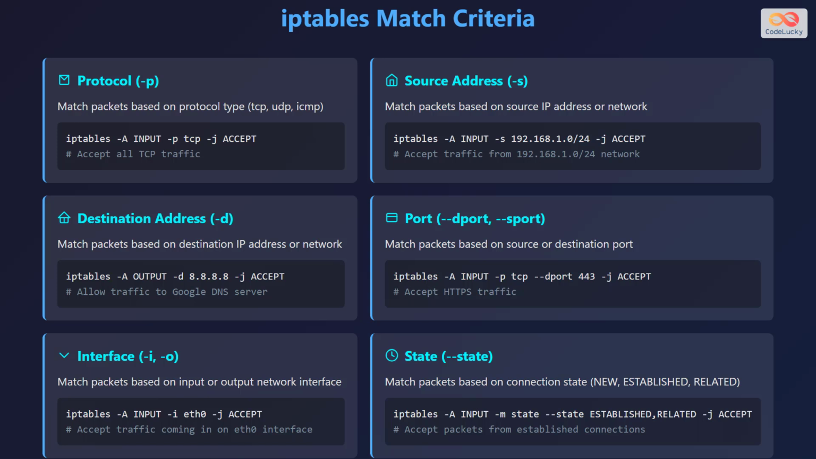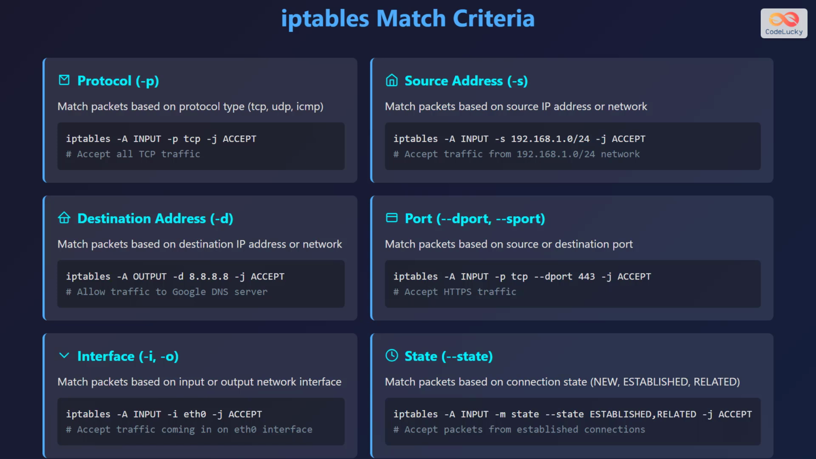Source address, specified with -s, matches packets based on source IP address or network. For example, iptables -A INPUT -s 192.168.1.0/24 -j ACCEPT accepts traffic from the 192.168.1.0/24 network. Destination address, specified with -d, matches packets based on destination IP address or network. For example, iptables -A OUTPUT -d 8.8.8.8 -j ACCEPT allows traffic to Google DNS